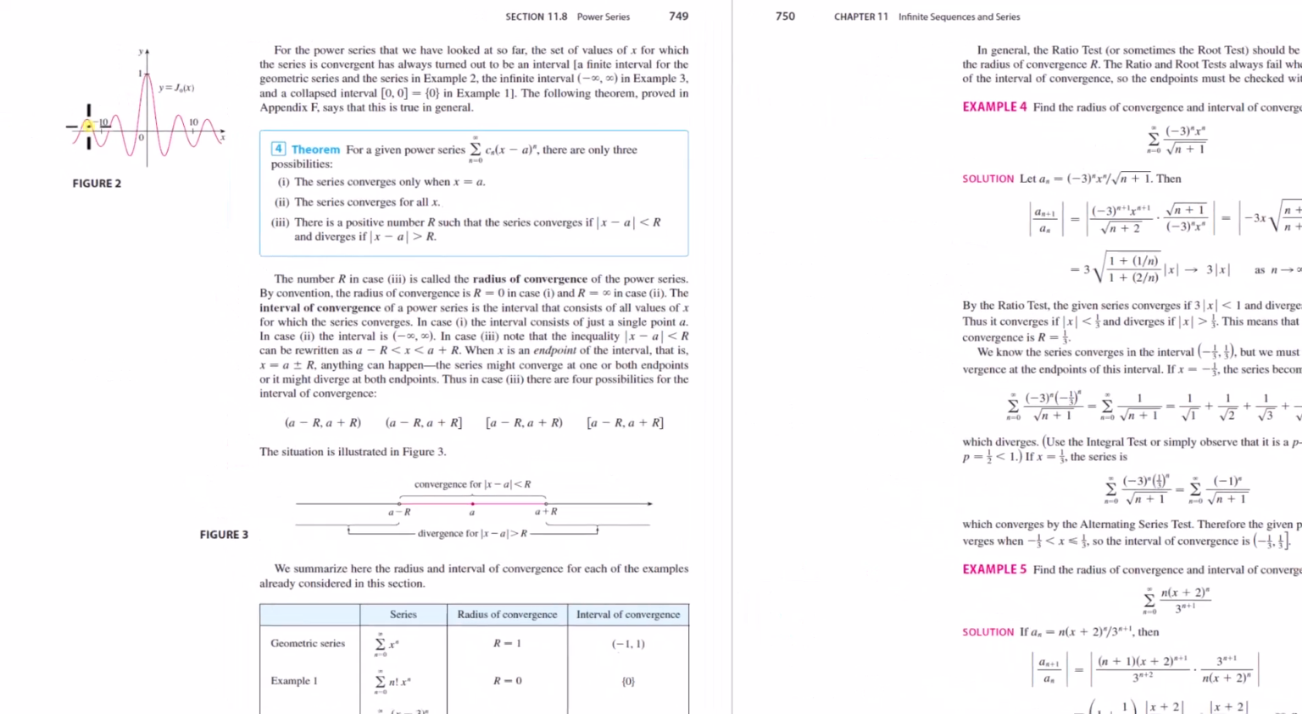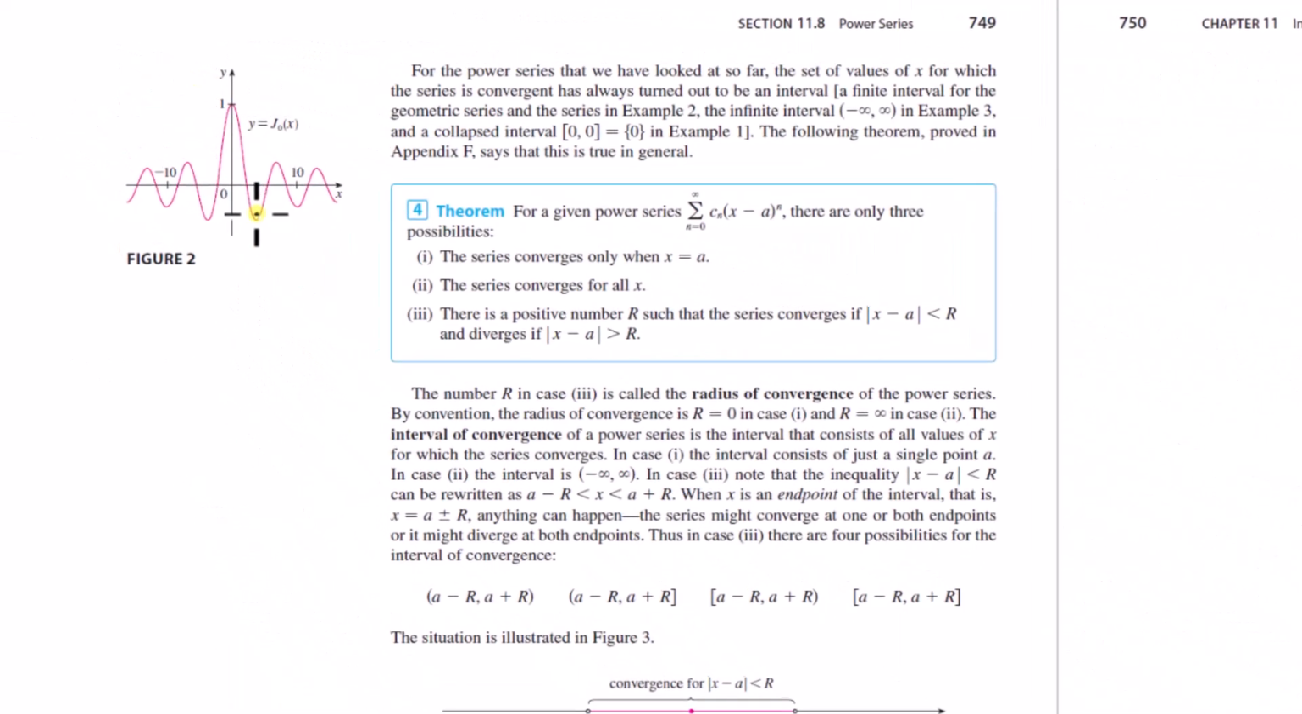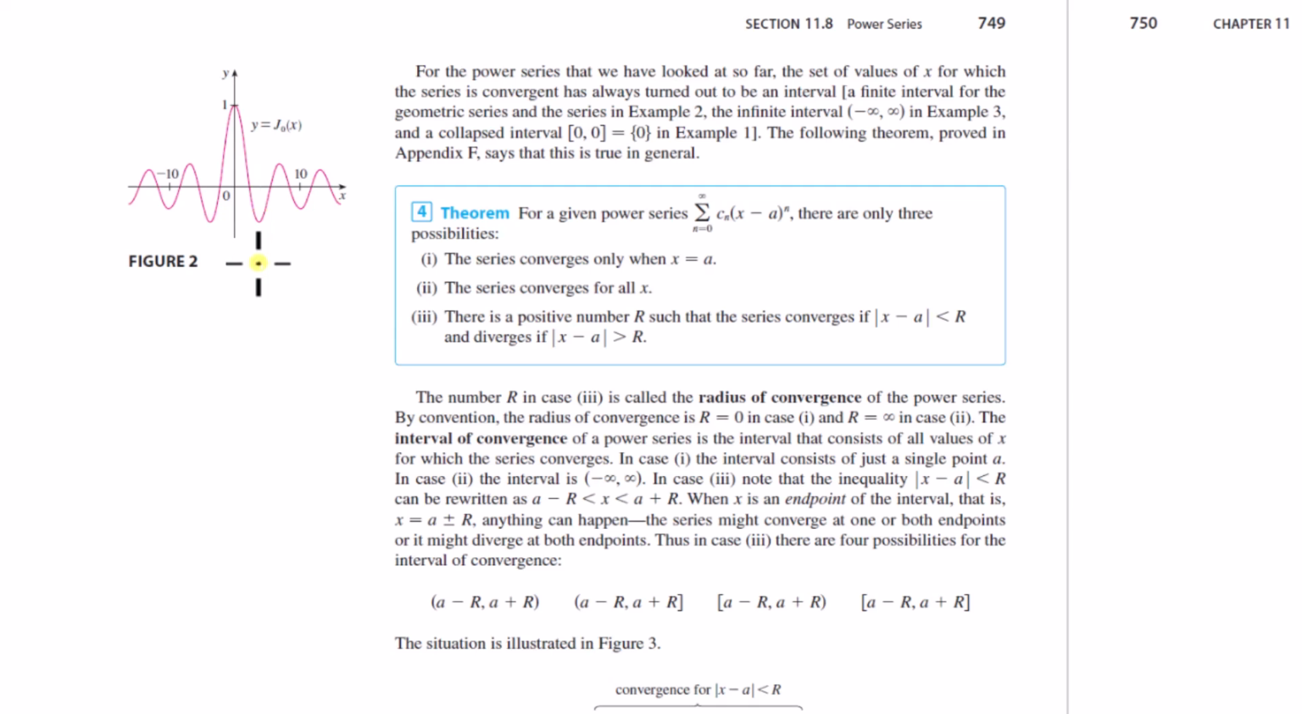So here, it's the actual function itself. If you put in n equal to 500 and graphed that, you would get something that looks a lot closer to this. But I think this is the exact plot, where you did the infinite sum. Okay, for the power series that we have looked at so far, the set of values of x for